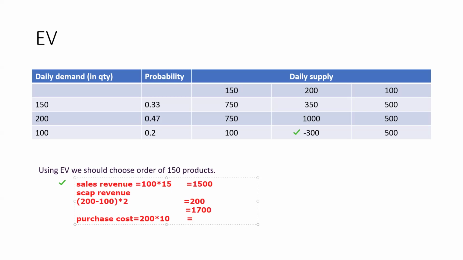So here the purchase cost is 2,000. So 1,700 minus 2,000 means the